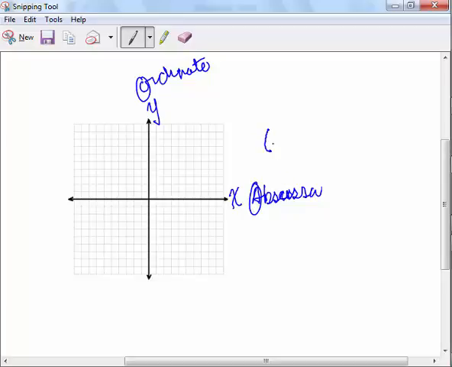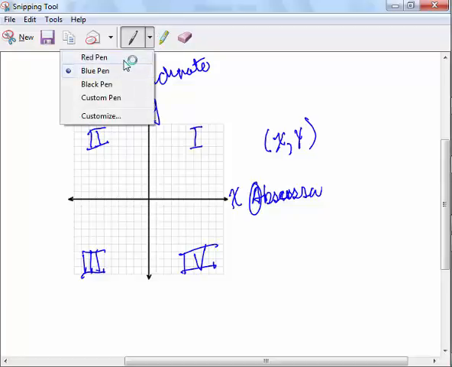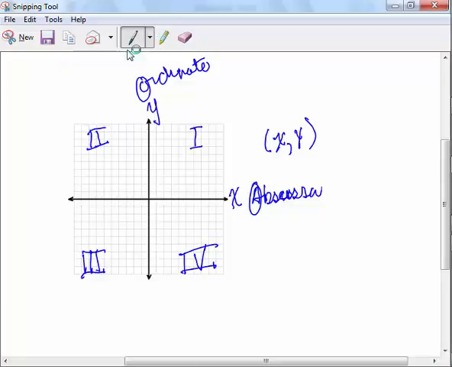And also when we list the points, X is before Y. This is the first quadrant. This is the second quadrant. This is the third quadrant. And this is the fourth quadrant. Now, those are pretty important things, but equally important is that you need to know what kind of signs you've